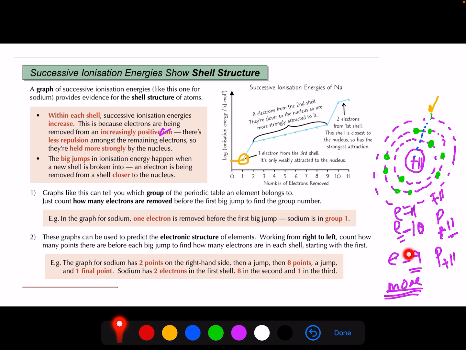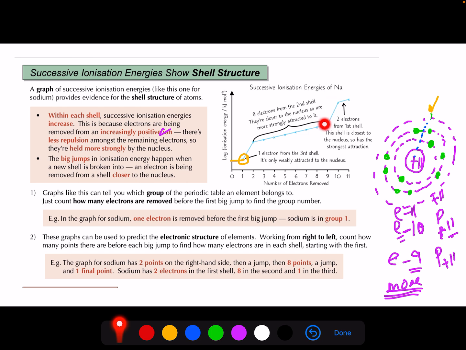Why is the repulsion among the electrons less? Because there are fewer electrons. That's it. There's less repulsion amongst the remaining electrons, so they're held more strongly because the repulsion is less. Why is the repulsion less? Simply because the number of electrons here is less. So repulsion is less, attraction is more. That means I will require more energy to remove the second electron, and the third electron, and so on. That's why we see here a gradual, not really gradual, sometimes it's a big increase,